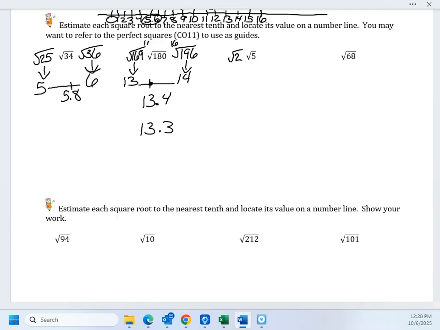Square root of 2? Oh wait, no. And the square root of 3? No, no, what would I put? The square root of 4. And then the square root of